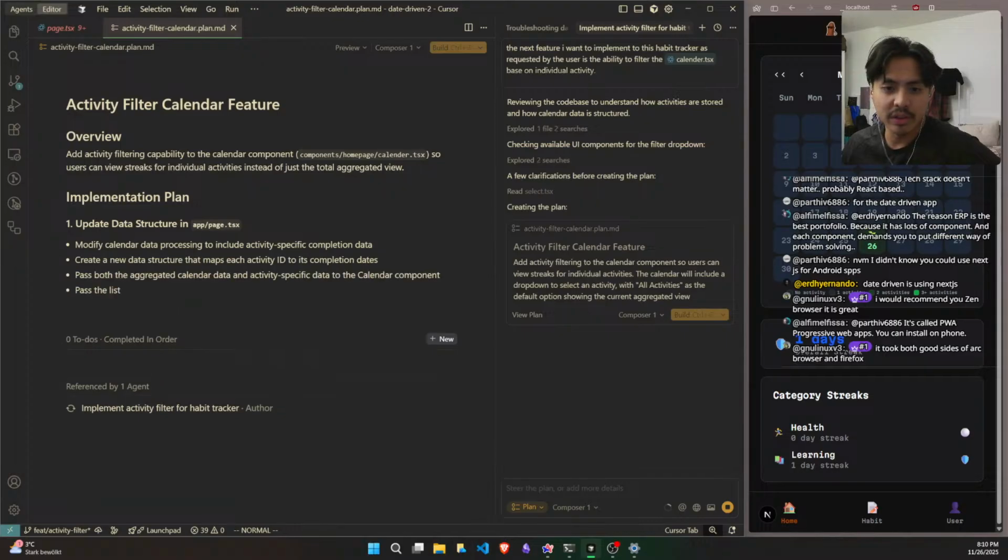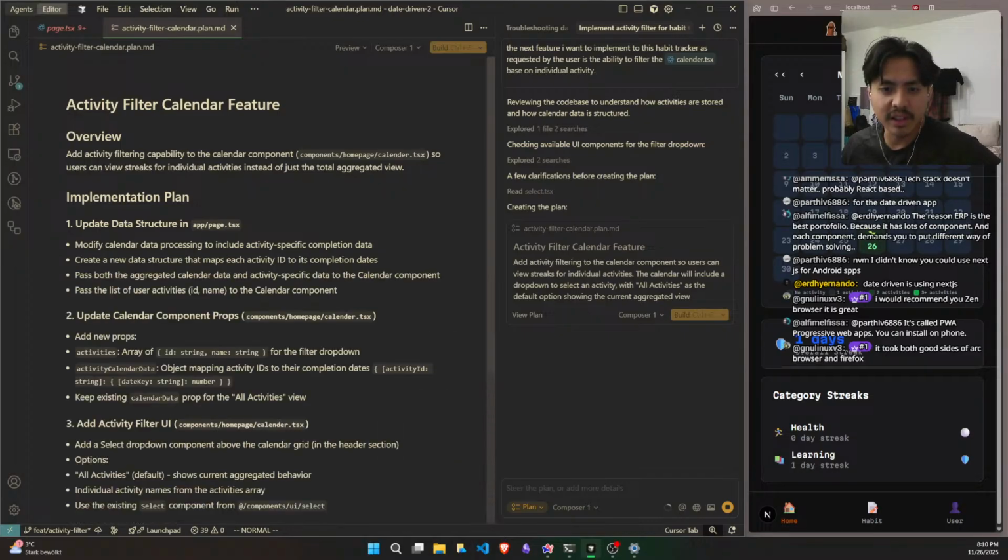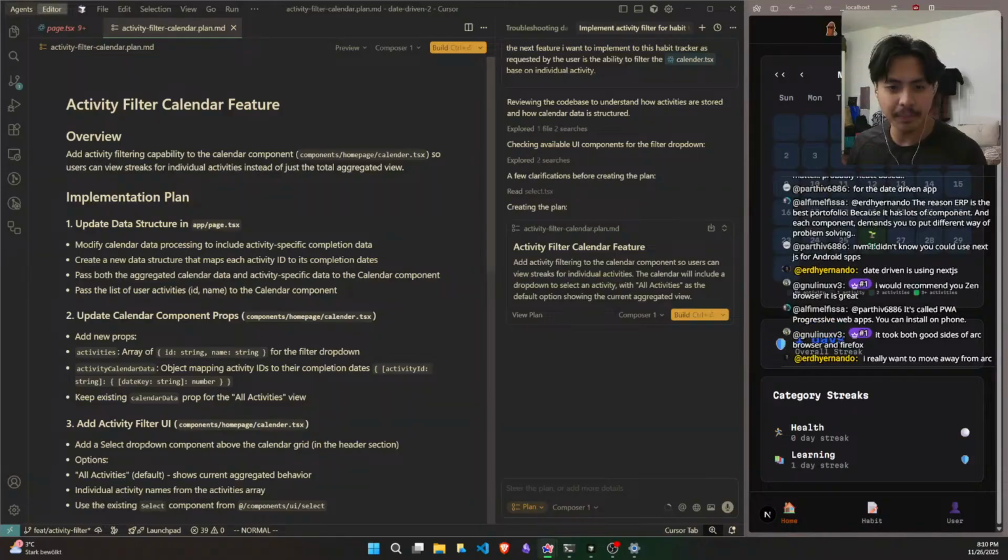Zen browser. Do you think Zen is stable? Do you think I really want to move away from Arc? Is Zen okay? It took both goods out of Arc and Firefox.